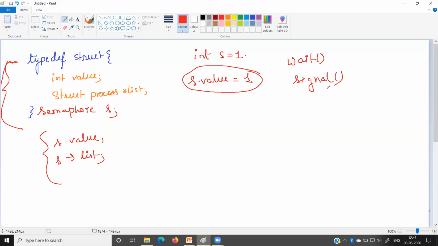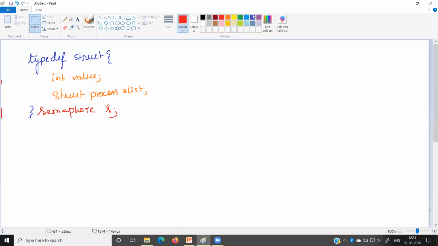Now we will write down the body of the wait function and we will see how the wait function can control the semaphore variable. In the body of the wait function, we will pass the semaphore variable. So we will write wait, and in the argument part, we have to send the semaphore variable, semaphore star s, this variable which we have defined over here.